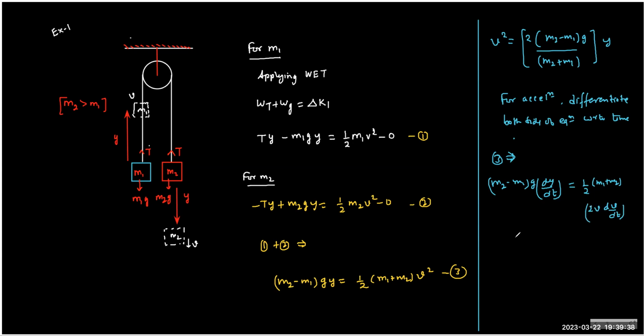And as Y grows, the rate of growth of Y is nothing but the velocity. So this is V itself. And this is M1 plus M2 into V into d by dt, which is called acceleration, right? And this V gets cancelled. So we get A equals to